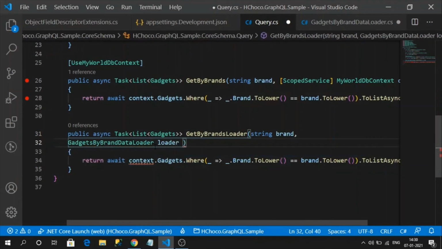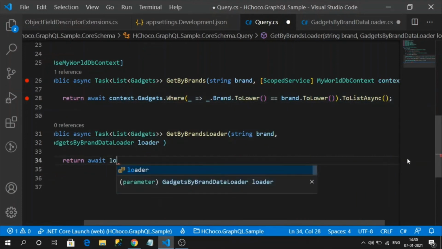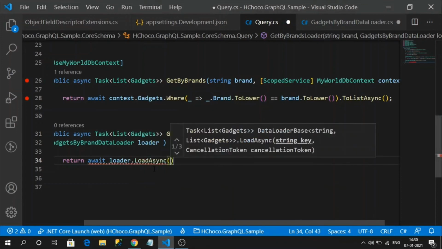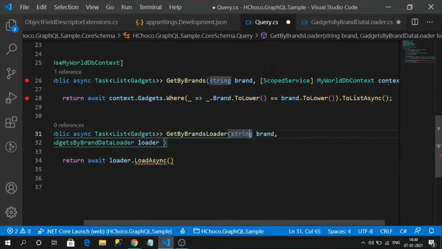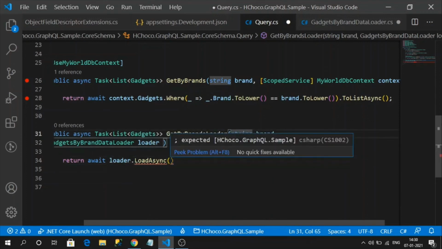I will name it as loader. Here what I will do: loader dot load async. This is expecting input parameters like the key. Key is nothing but our brands. I'm going to pass